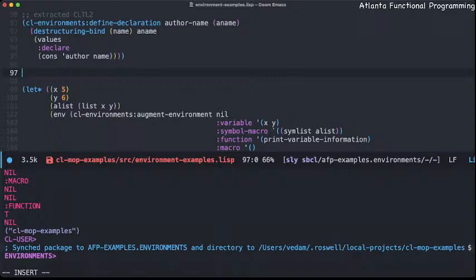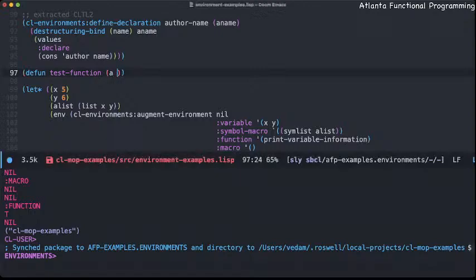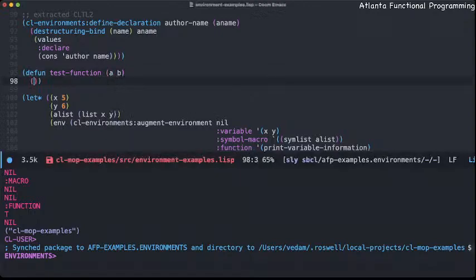Let's go ahead and define a test function that just adds two numbers or something like this. A, B, and let's use declare